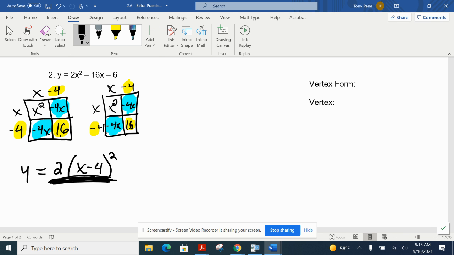So if I currently have 32 constants and I need to bring it down to a negative 6, we would obviously need to subtract, and we would need to decrease these 32 by how many to get down to a negative 6? See who's good with their negatives and such. Anybody feeling clever? Joe, what do you got? Good. Negative 38. This is our vertex form